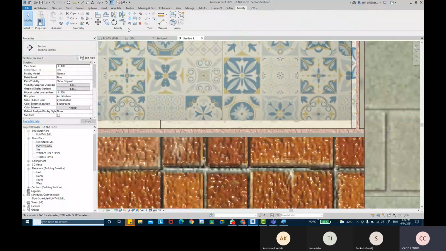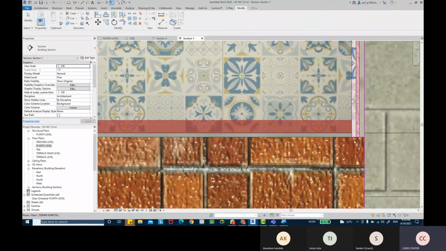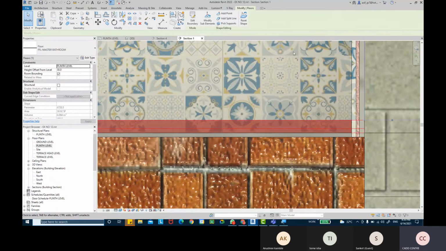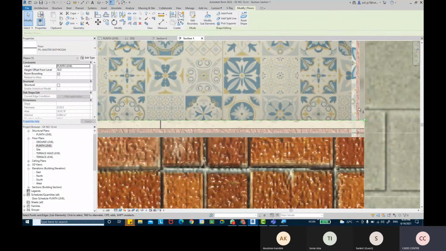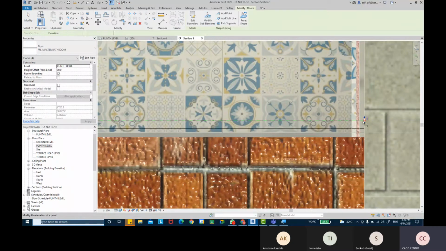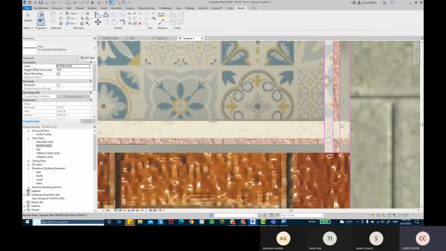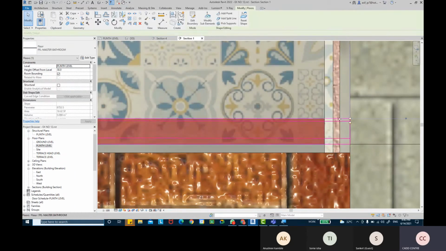So we can come into modify. Let's take unjoin geometry, unjoin it from the wall, so that it overlaps. Now we can take modify sub-element, select that point, negative 2. Yeah, that solves the problem. Okay, so it's sloping.